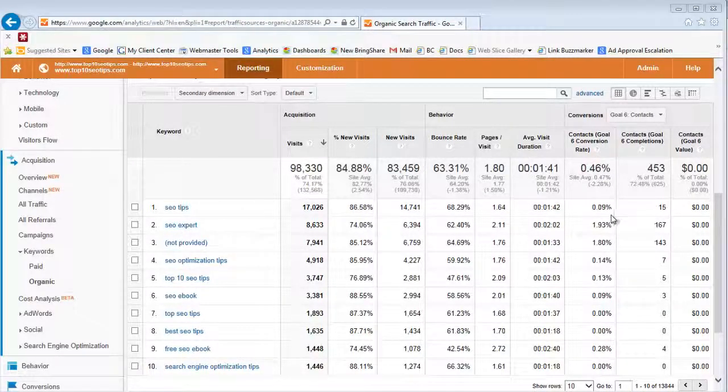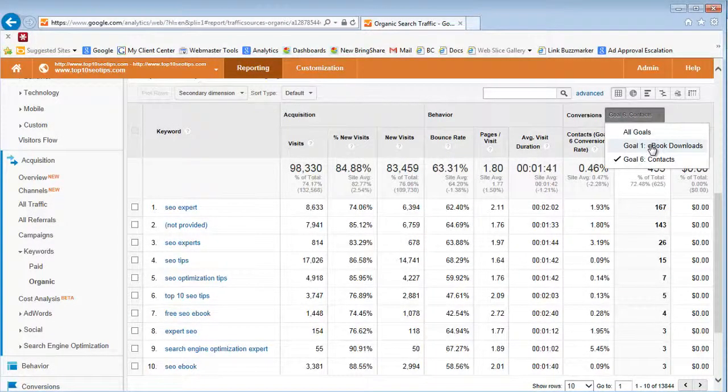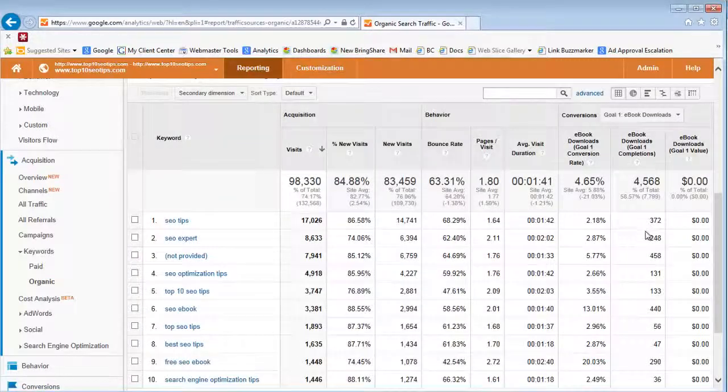Now I can look at which keywords are really converting. So from here, I might sort by goal completions. And I can see that SEO expert under contacts is what's generated the most leads for me. Well, what about ebooks? Which keyword has generated the most leads in terms of ebooks? SEO tips. So the two most important words on my website for conversion are likely SEO tips and SEO expert. And those would be the two main keywords and their semantic derivatives that I might focus on in